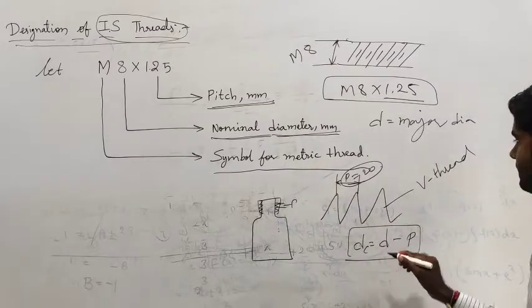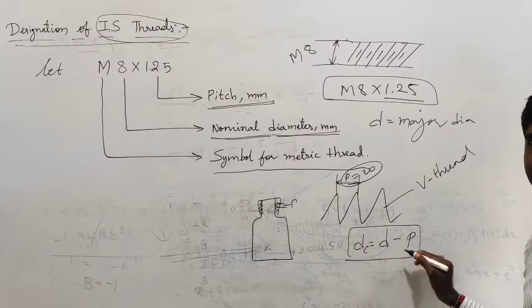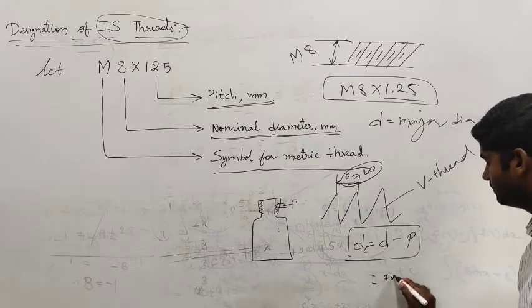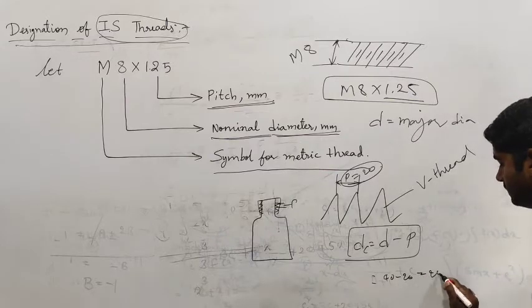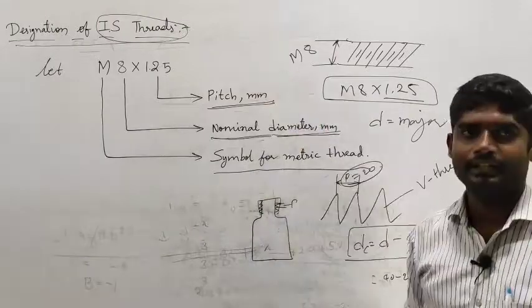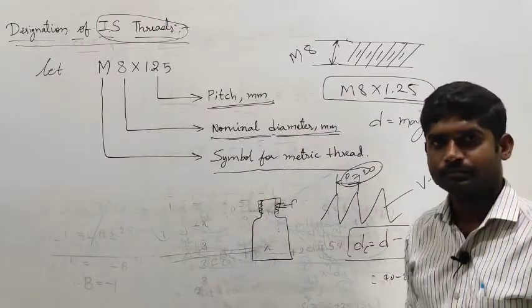Okay, using this one, substitute 20: D minus 20, 40 minus 20, that is 20. Okay, this is a designation of IS threads. Okay, let's